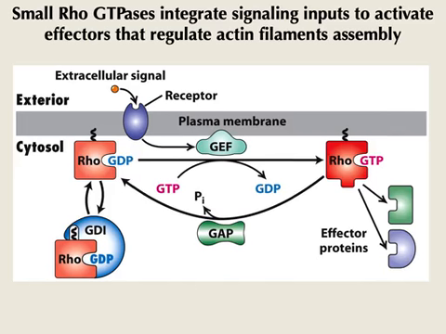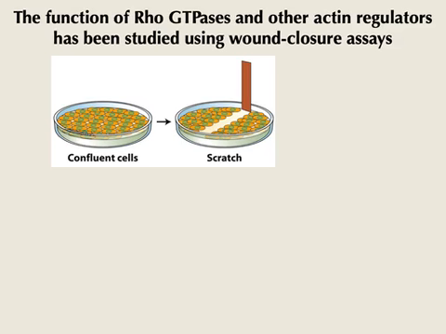They're not very efficient, they're not very good tools, but they still kind of work to inhibit the function of Rho GTPases. And I thought you needed to hear that because a few of the experiments I'm about to show you involve these tools. So let me briefly go over a very traditional assay to study cell migration,